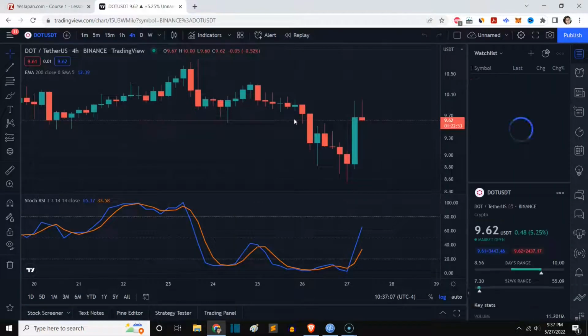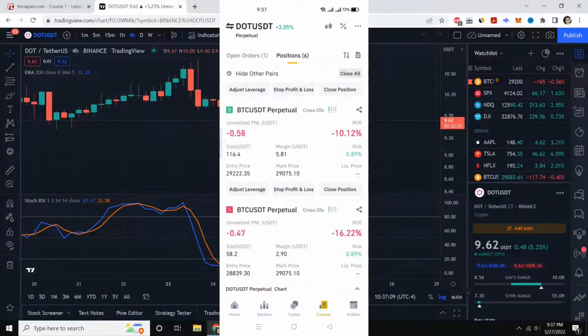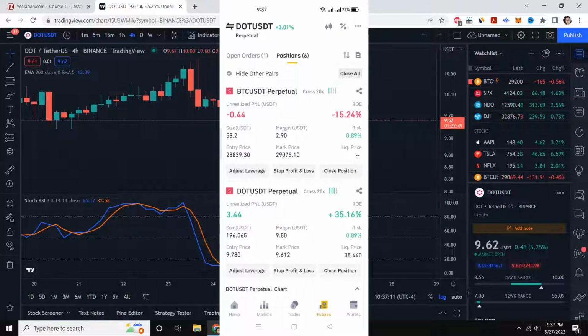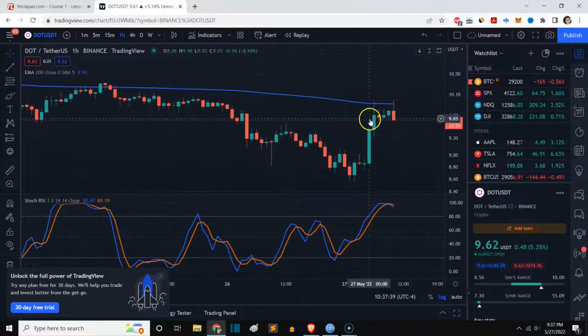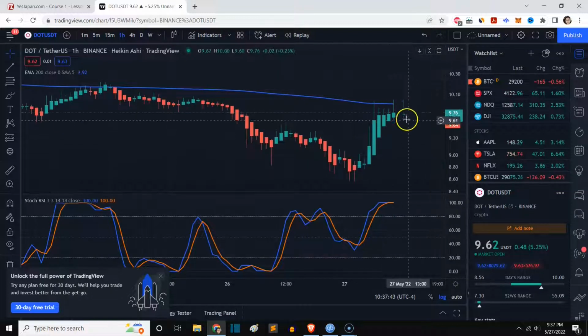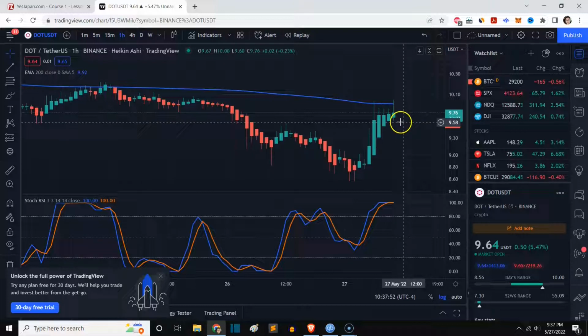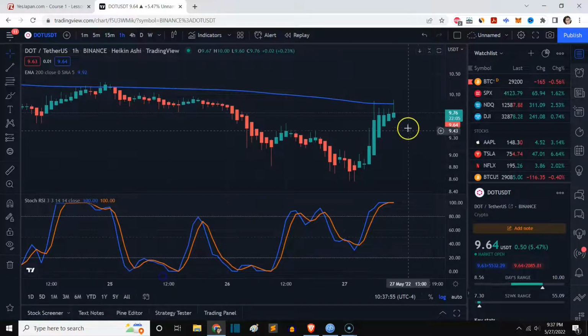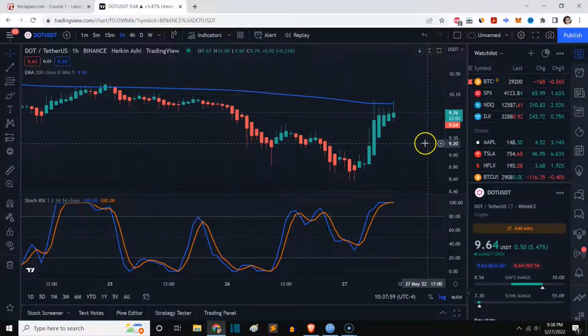but if you see right here, we already make $3 profit. You can see our DOT is actually going down. You can see it was Heikin-Ashi, and you can see it was losing momentum. So I'm gonna wait some more. I do believe it's going to go down even more. So we're gonna wait maybe another 7 to 8 hours, and let's see what's going to happen.